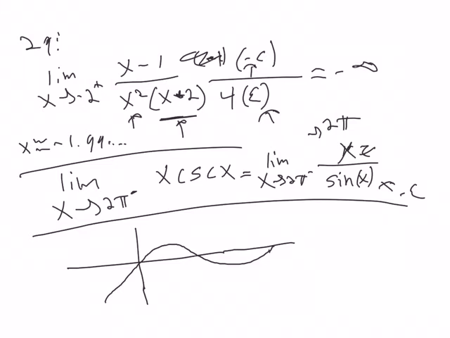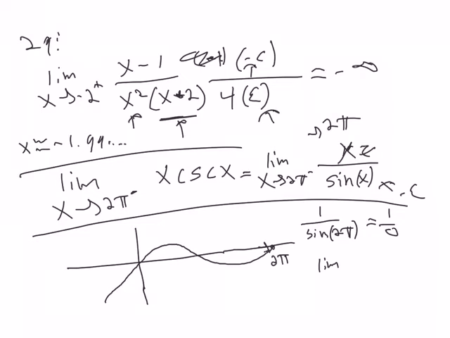Right here, when it's approaching from the left, it hits 0 at 2 pi. So 1 over sine of 2 pi is the same as 1 over 0, which is undefined. As we approach from the left,